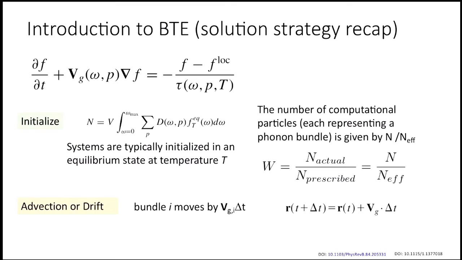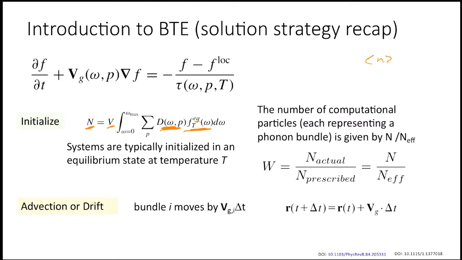I would just briefly cover it. What we did was we found how many particles there were. So we were trying to initialize. For particles, we found by the density of states, and with this factor f. This f is just the same as n at equilibrium. So this f equilibrium is exactly the same as the n. So we found how many phonons there were in a particular volume.